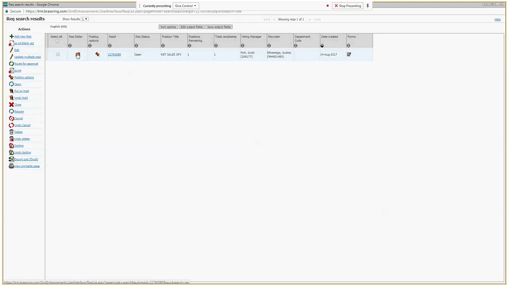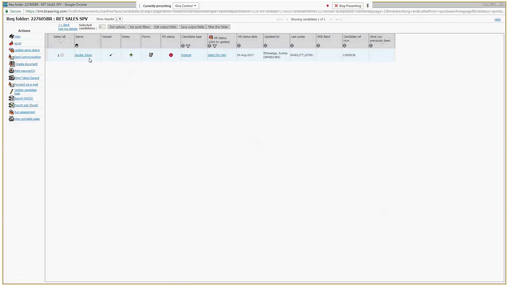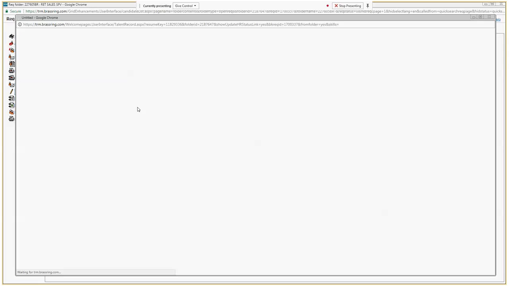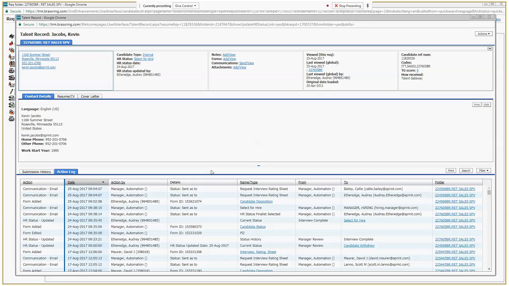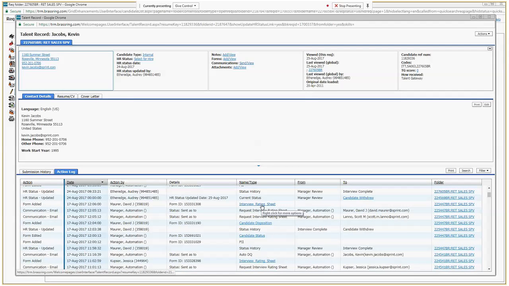Well, what I wanted to show you was what happens with his. Kevin Jacobs, he's internal. If you're looking at all his history, I thought I saw this rating sheet right here. That is for the old rec. If you look over to the far right, it's under 225447.